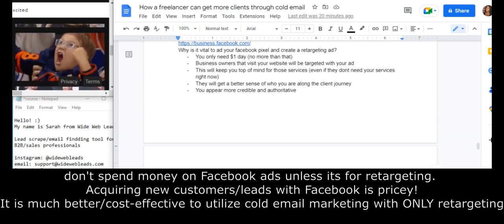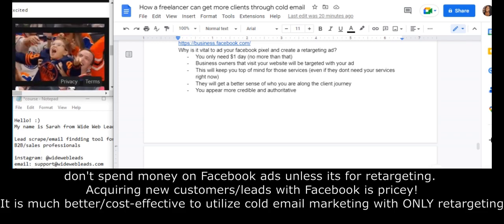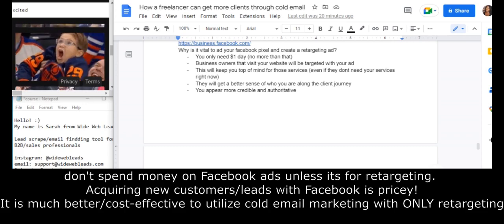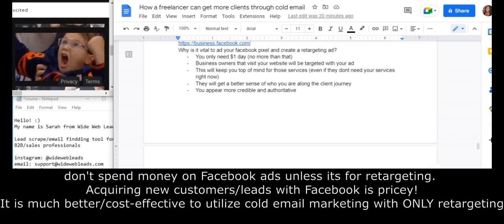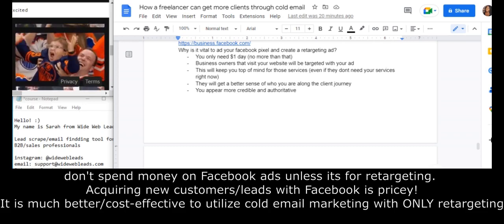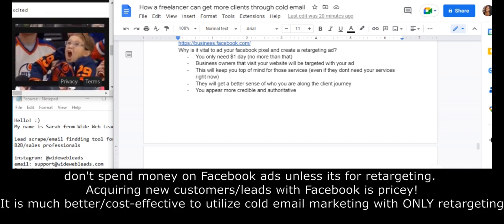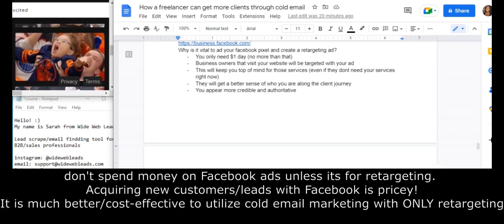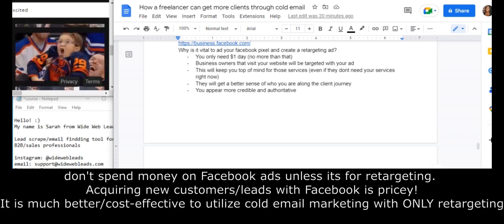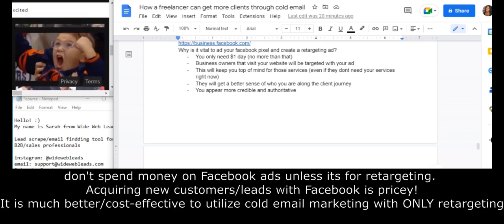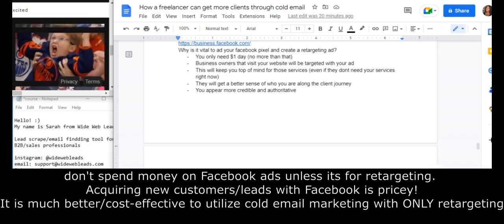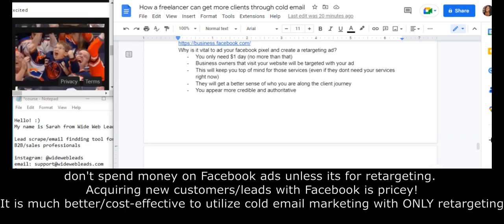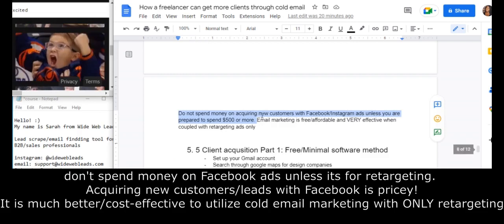So like I said, Facebook and Instagram are very, very expensive unless you're prepared to spend that amount of money on your budget. And definitely expect to not see any results until Facebook, the algorithm, learns your audience. So they're spending all that money finding the ideal audience for you. So don't expect to get a return back until at least 2 months in, okay? That is why I go with email marketing.